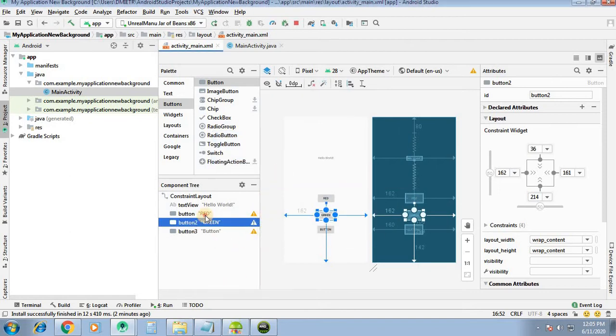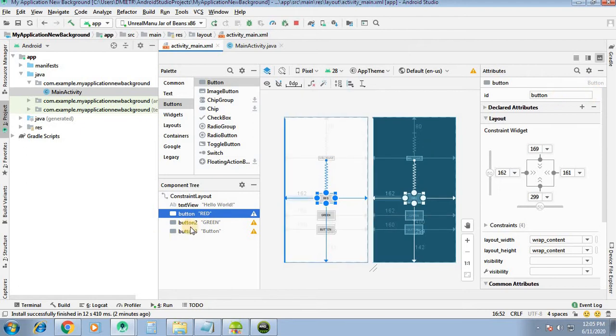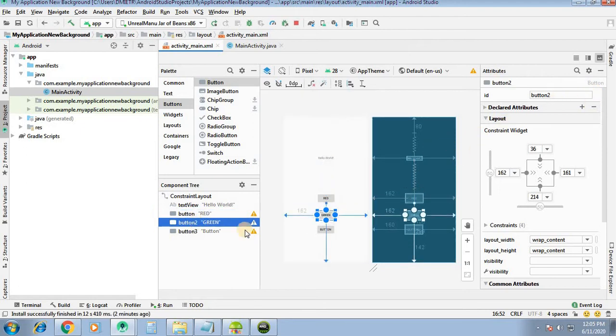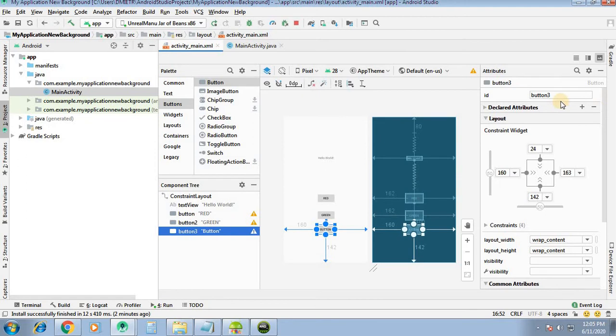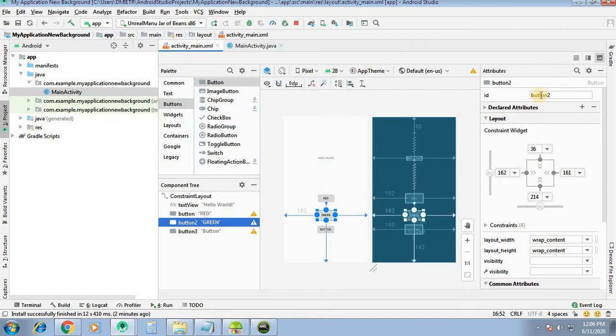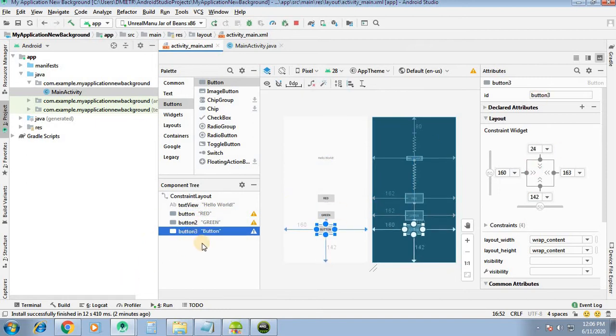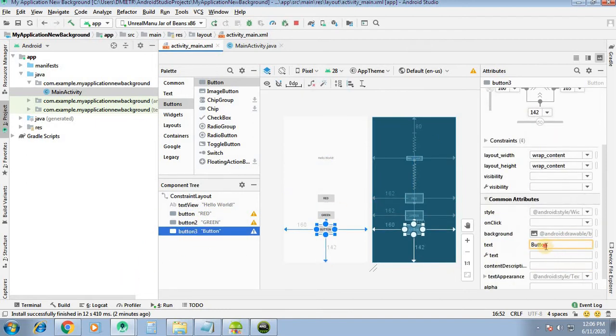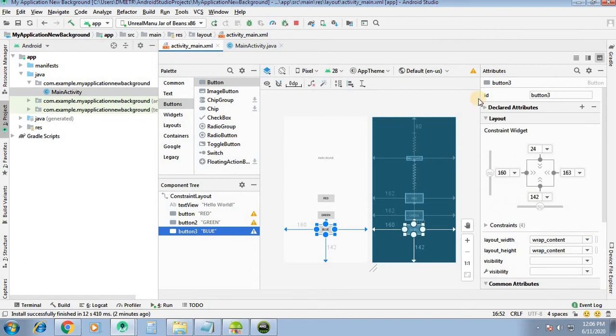Okay, so for this button red, button 2 and button 3, these 3 are the IDs. For red the ID is button, for green the ID is button 2, and for blue the ID is button 3.